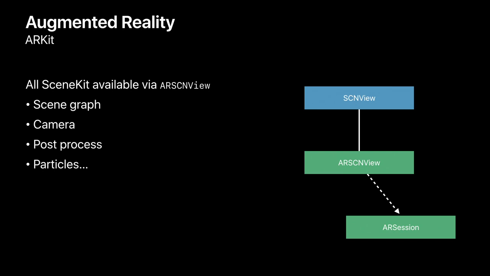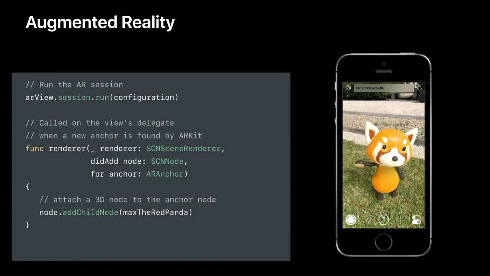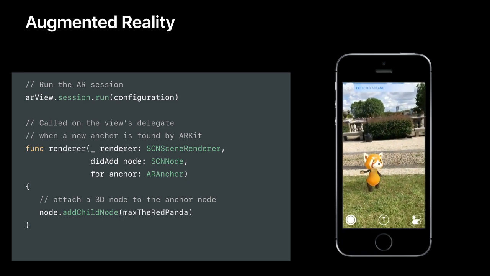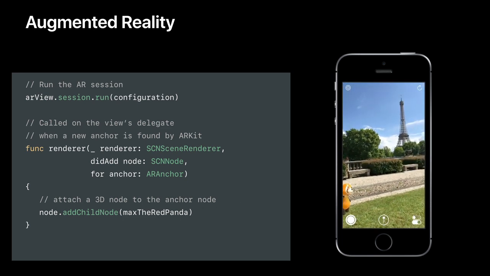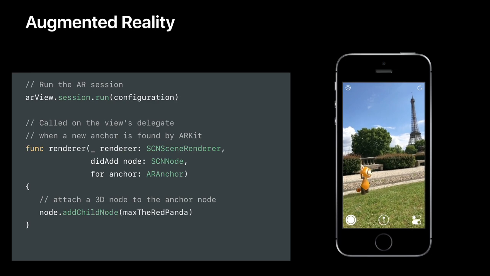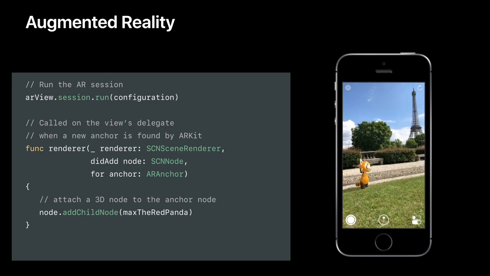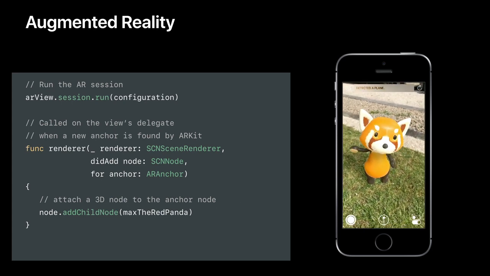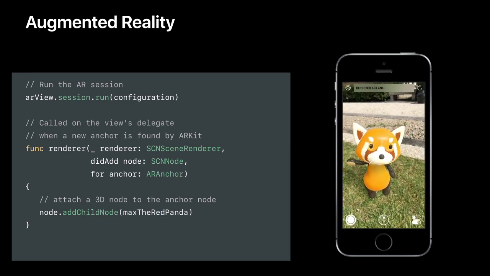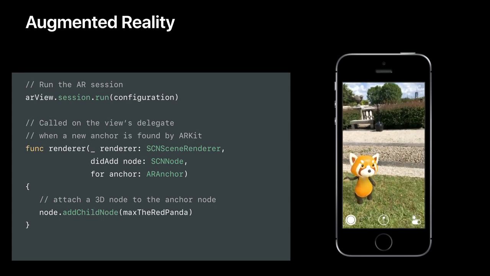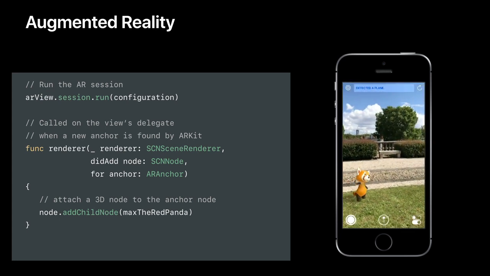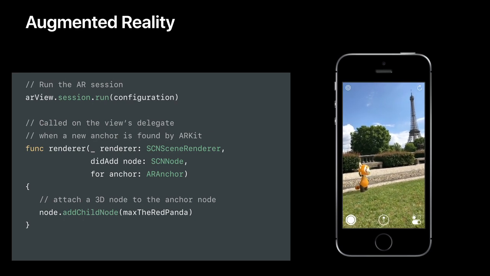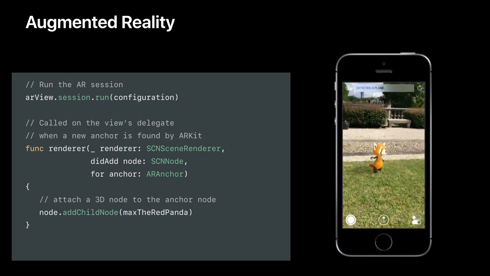And so with ARKit and SceneKit, it's really easy to set up a scene like in this example here. I will let you guess where this video was shot. There is a hint in the background. And my accent is another hint. To set up a scene like this, we just needed to load a SceneKit object, as you usually do, and set up an AR view and run an AR session. And then, from the AR SCN view delegate, you just need to attach your 3D object to the anchor detected